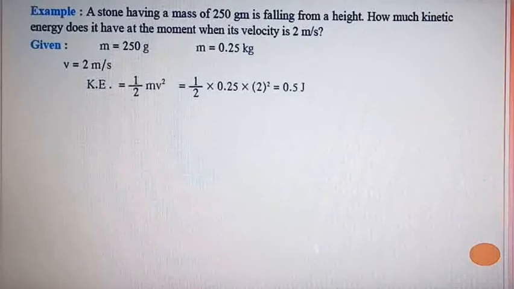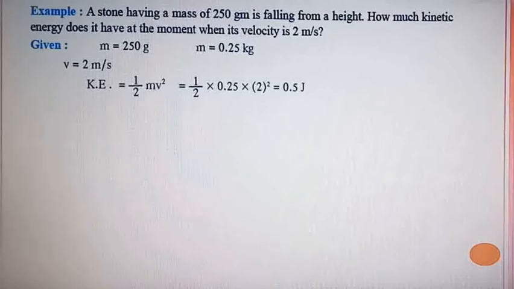Now we start with the numerical examples, the revision of numerical examples. For chapter number 2 first we will do solved examples, then textual, and then for chapter number 1. So the first numerical example is the solved example which is given in your textbook on page number 23 under kinetic energy.